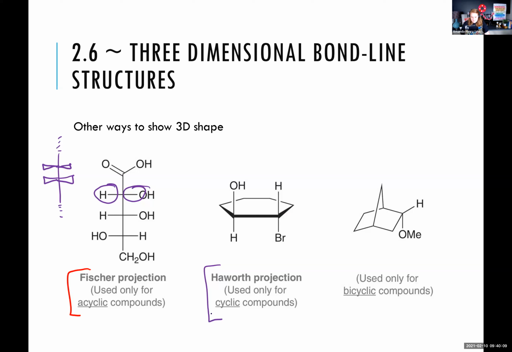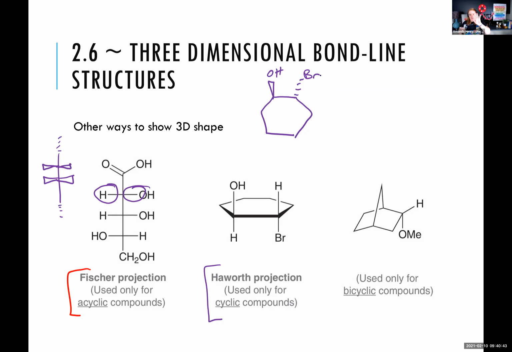And so both of these, Fisher and Haworth, we use them sparingly throughout this semester and next semester, but they're definitely more common in biochem. So the Haworth projection, we are taking our ring shape, and we have our alcohol and we have our bromine. And so we're taking that ring and we're just turning it on its side. So instead of looking at it from a front perspective, we're looking at it from a side perspective,